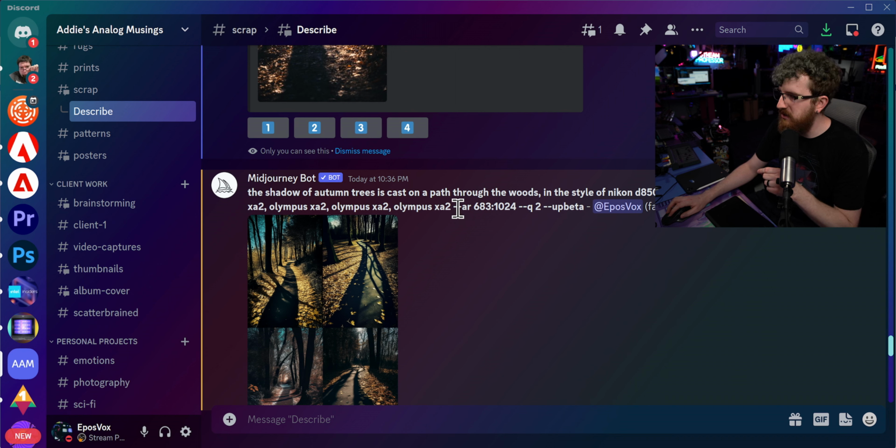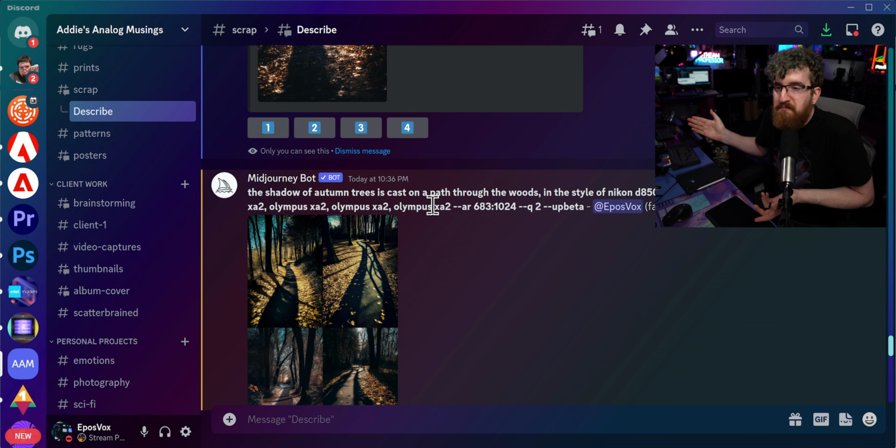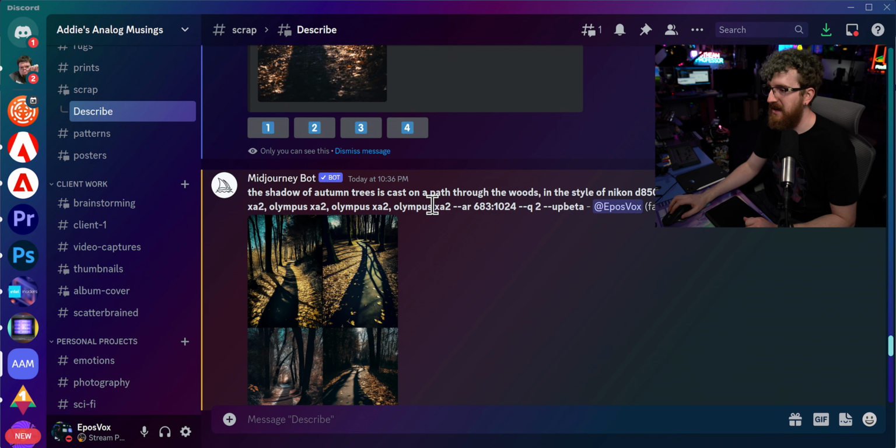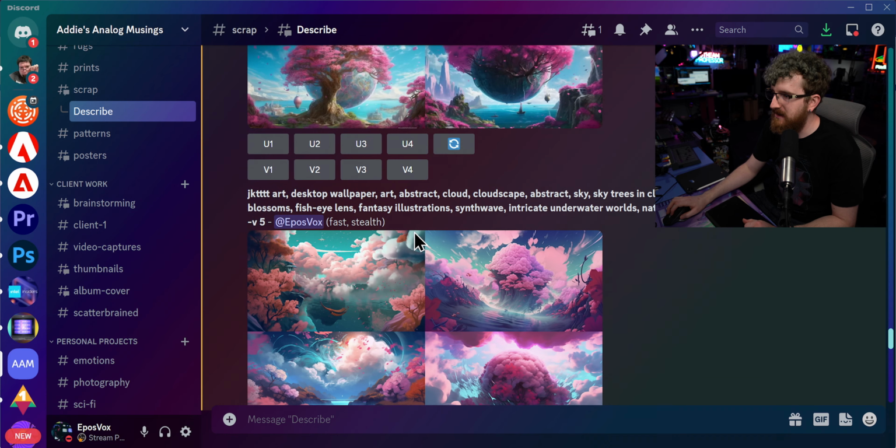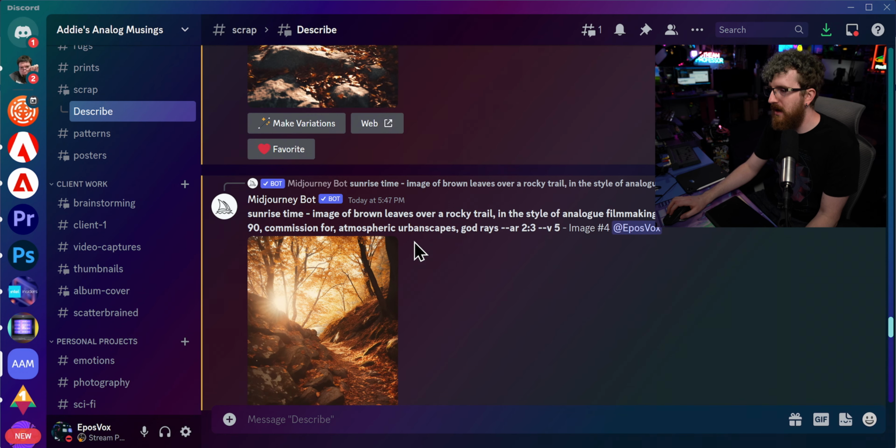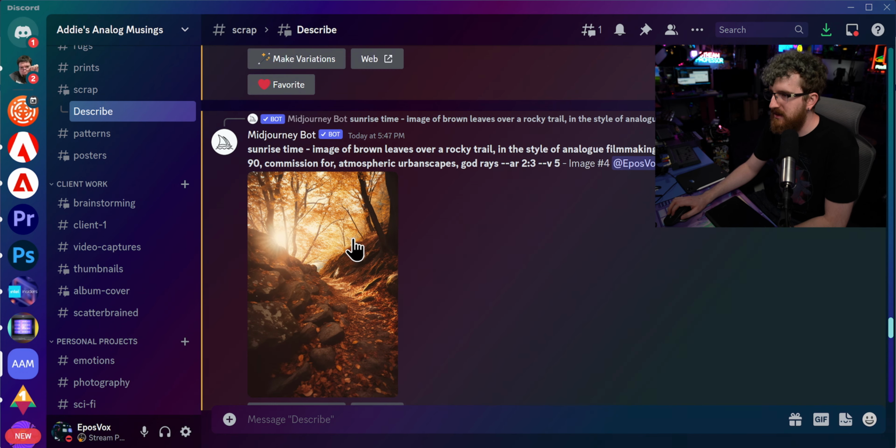And I do find it strange that it specifies so many, because we've got in the style of Nikon D850, and then we've got Olympus XA, Olympus XA2, Olympus XA2, Olympus XA2. MidJourney came up with that. Why? It really wanted it to look like it was taken with an Olympus XA2, I guess. Those kinds of things you might not necessarily think about. But then if we scroll up to this one,